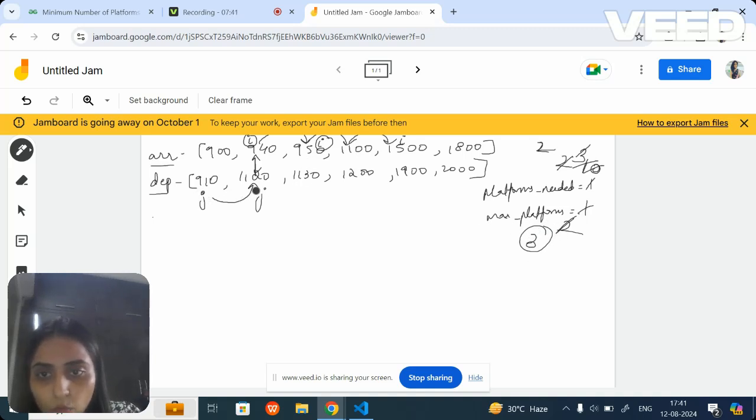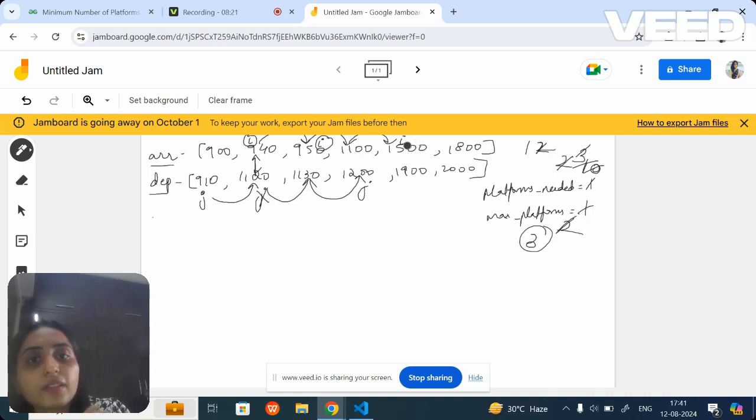Now, instead of moving the i, I will be moving the j. Now I will check whether 15, like 3 o'clock, is greater than 11:30, like it is coming after 11:30, yes. So they are not colliding, right? They are not intersecting with each other because it is greater than 11:30. So do I need any platform? No. I won't need any platform, so I will be decreasing the number of platforms needed. Now you take the maximum of 1 and 3, again you get 3. Okay? So when you don't need any platform, you will increment your j.